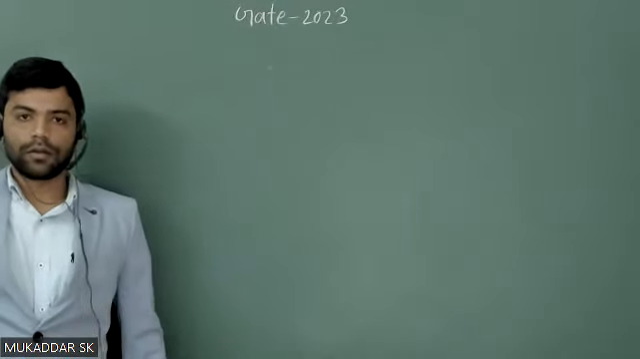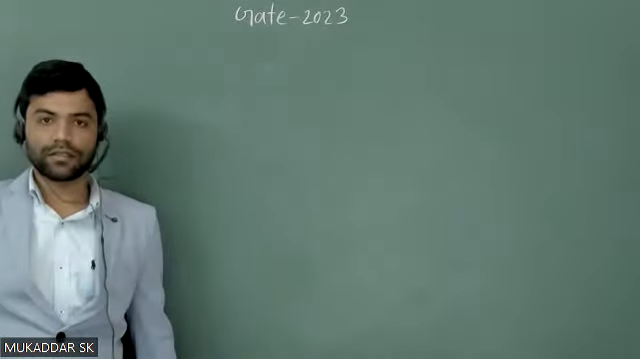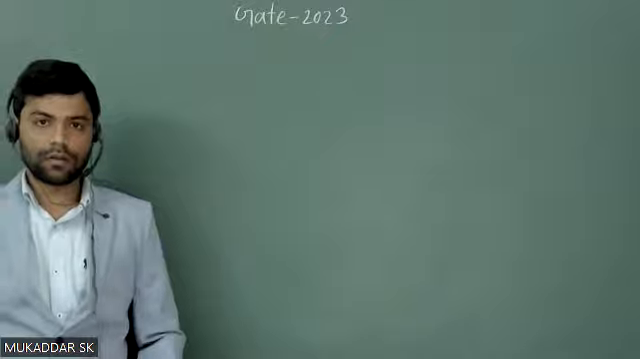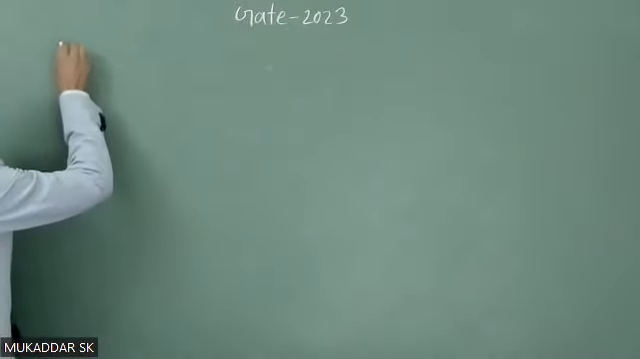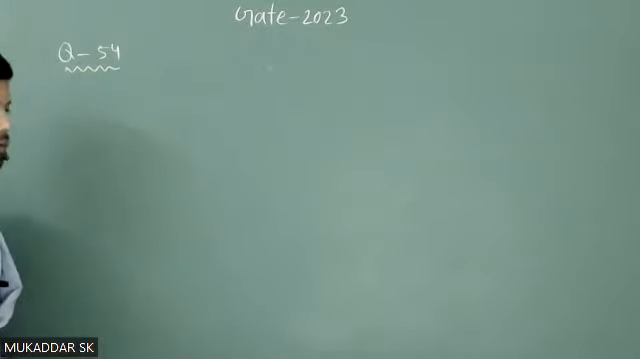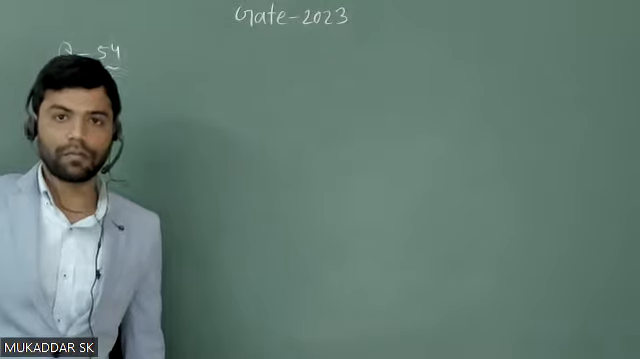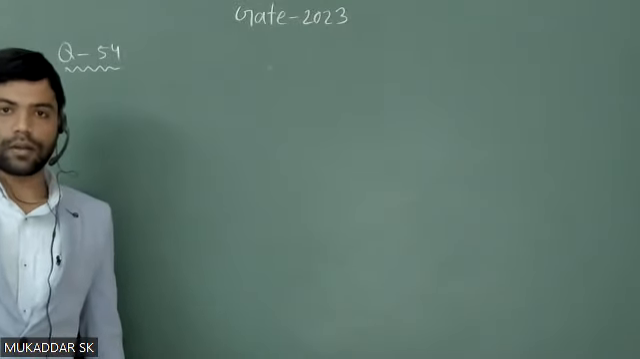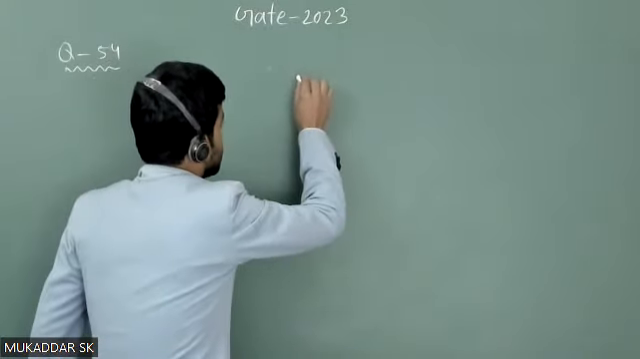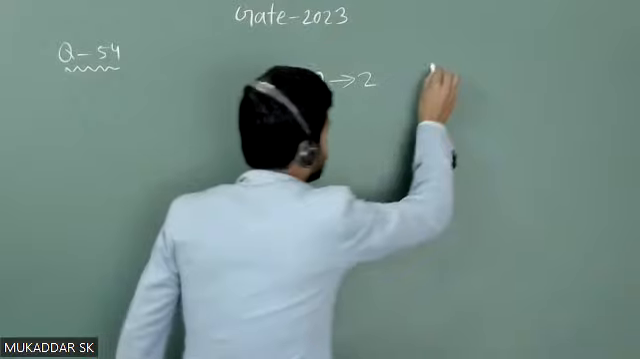Hello students, today we are going to solve a question from GATE 2023, and this question basically asks from atomic physics, also Young's double slit. It's a mixed question. Okay, so in that question, let's write the question number. Question number 54. In that question it is given that different spectral lines of the Balmer series, from n to 2,